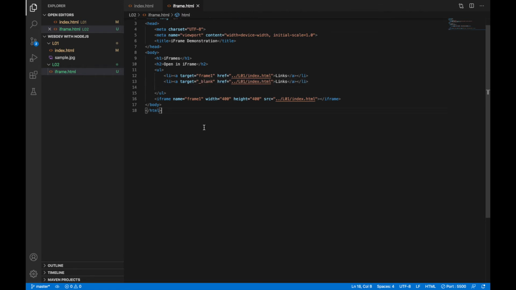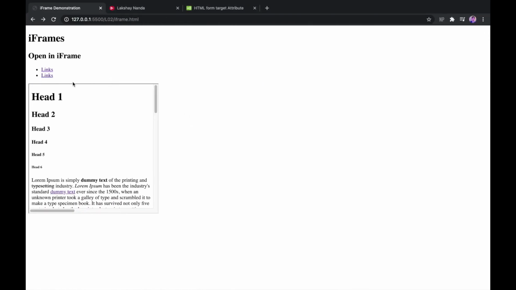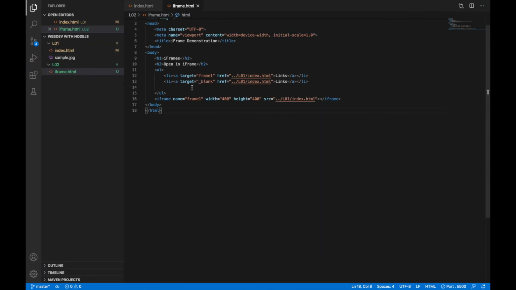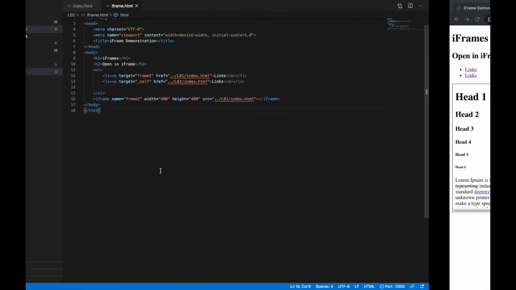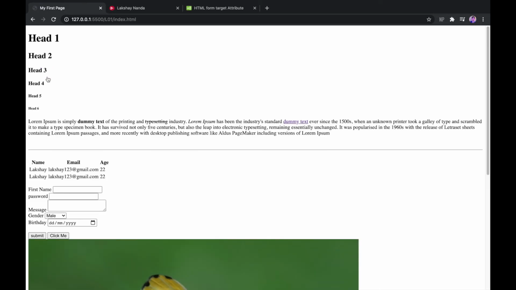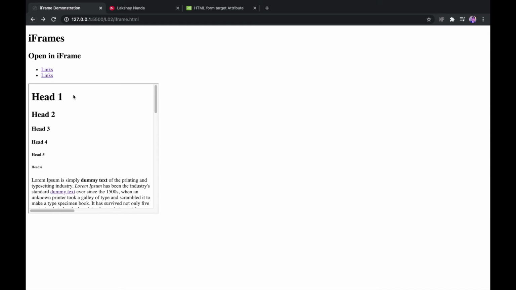Blank will open it on a different web page. Now, if for example I set it to underscore self, when I click this link, this page will reload itself and the same thing will open on this page. See, so no new tab opens for this particular link, right?